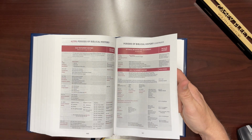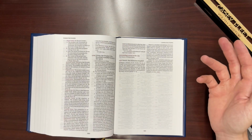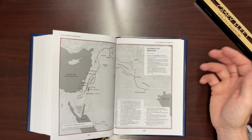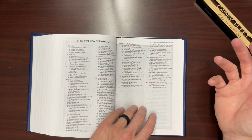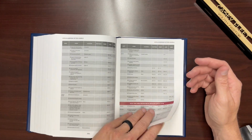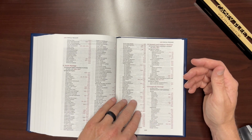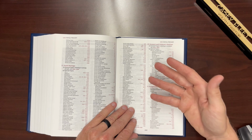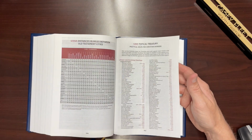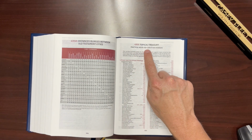So you've got periods of biblical history, Bible character studies, and you've got Bible harmonies. There's a lot of resources, an overview of Moses' life. I mean, there are so many resources in this bad boy. Tons of resources. A topical treasury. Man, this is crazy. This is practical helps for Christian workers,